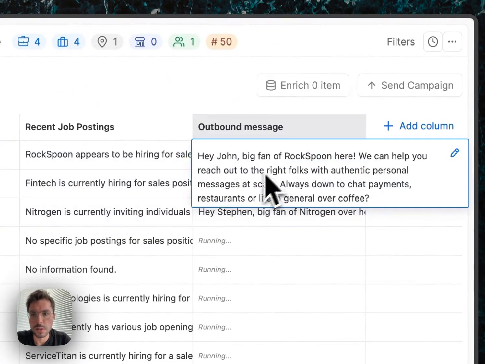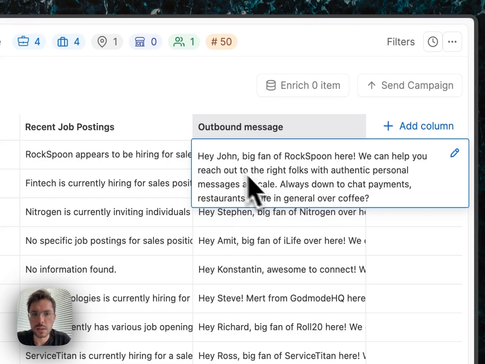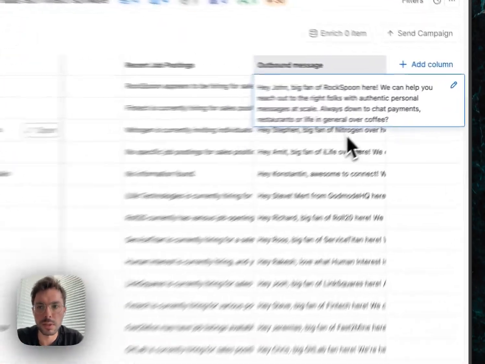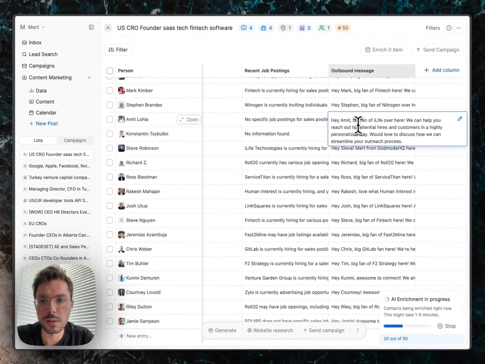So the outbound message, I will just rename my call. So as you can see, let's check these out. The big problem with AI generated messages is that they are cold, they are robotic, they don't get you replies, they don't sound human, and they're just too much, right? But as you can see here for John, it says, hey, big fan of Rockspoon here. We can help you reach out to the right folks with authentic personal messages at scale, always down to chat payments and restaurants. And for Amit, it's something else, but it is also personalized, made personal for them,